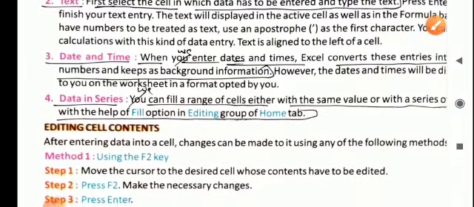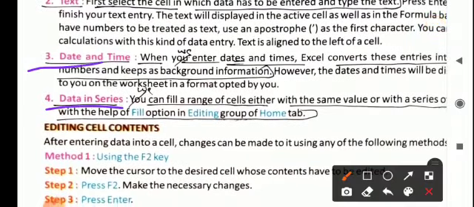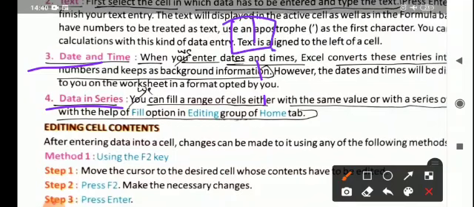Then we have date and time. We can insert date and time data in series. Suppose you can have the same range of data or a different range of data, like 1, 1, 1 you want. So if you write 1 in the first box and pull down the autofill handle, only 1, 1 will come in the remaining cells.